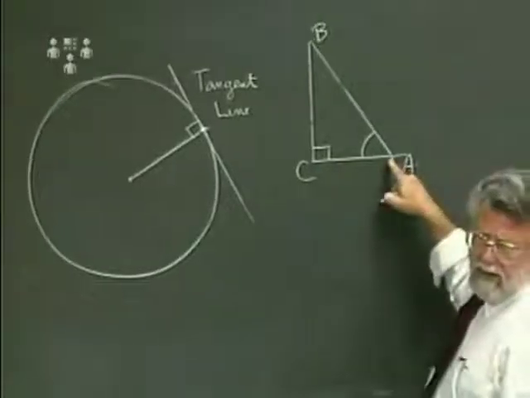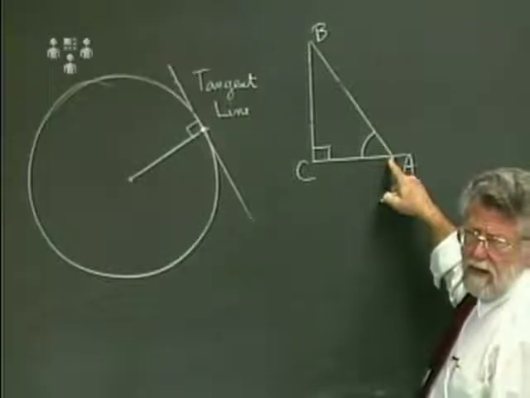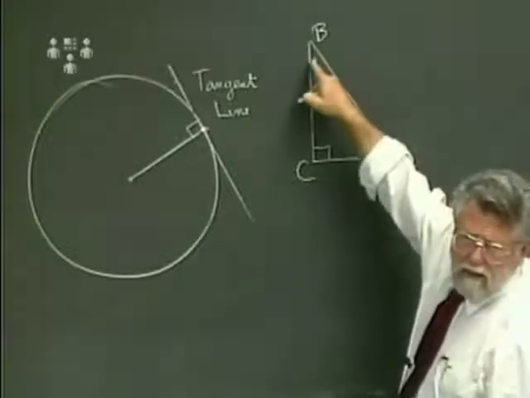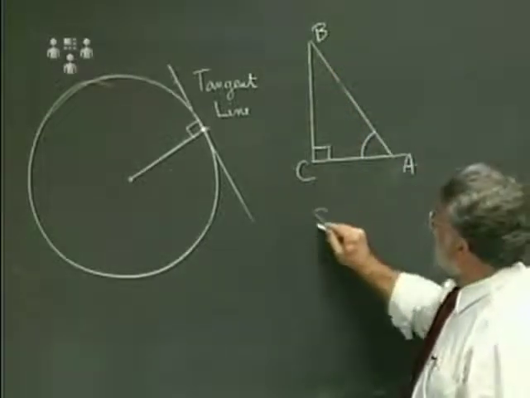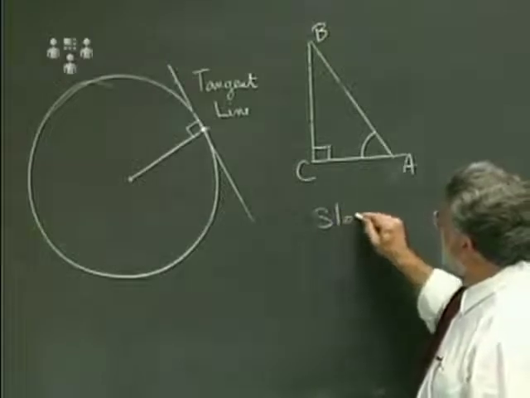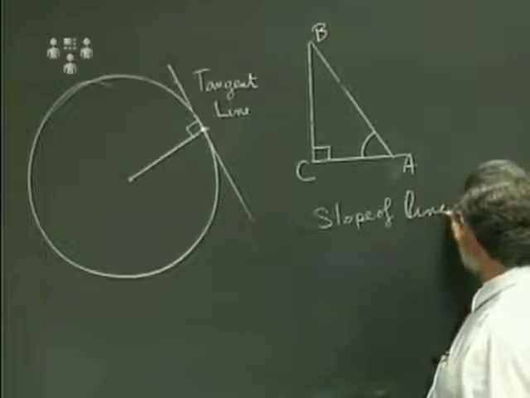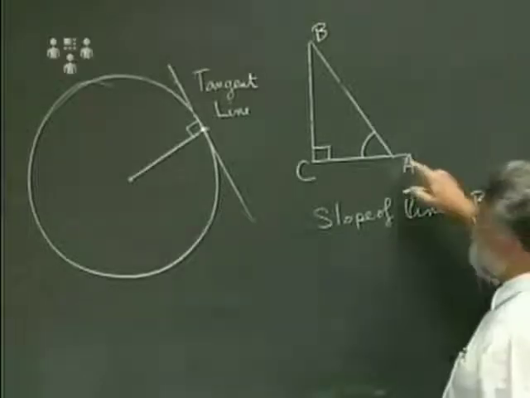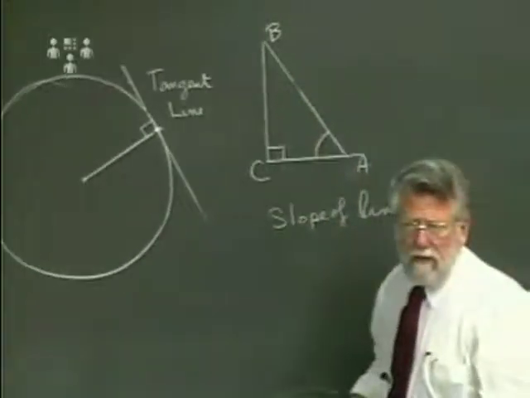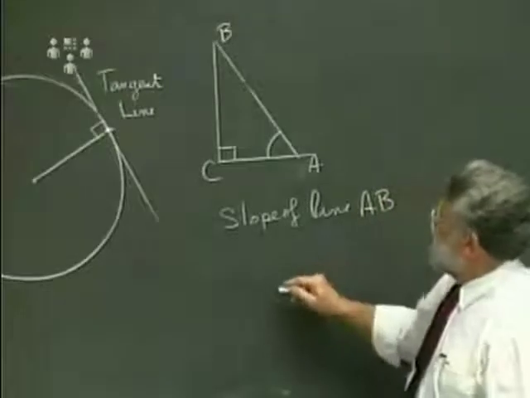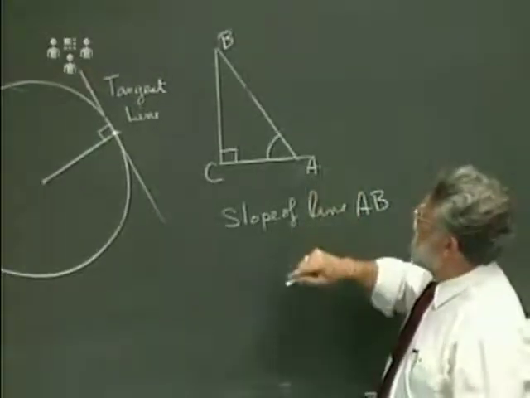Then this is called angle A. Okay. And this is called angle B. So the slope of line AB, otherwise I'm going A to B, okay, is going to be,